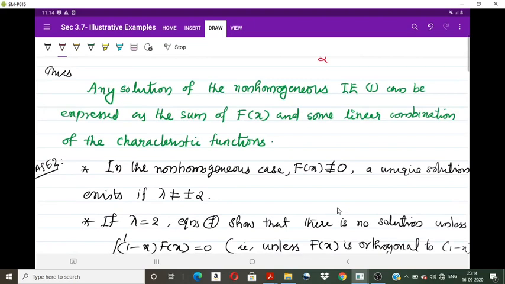Now we discuss the non-homogeneous case, that is f of x not identically equal to 0. Then a unique solution exists if and only if lambda not equal to plus or minus 2. So if lambda equal to 2, from equation 7, it is clear that